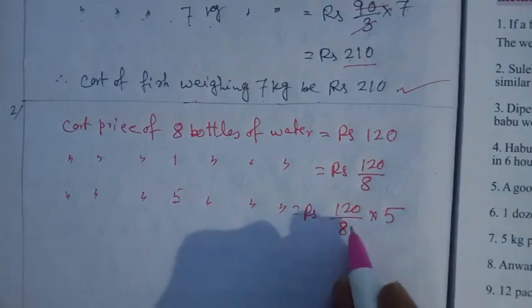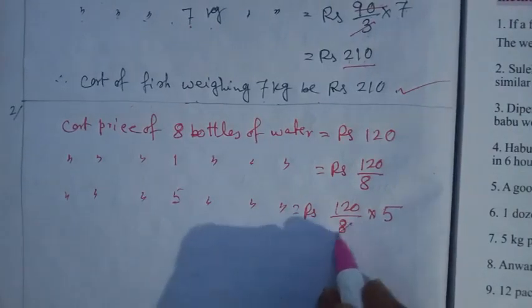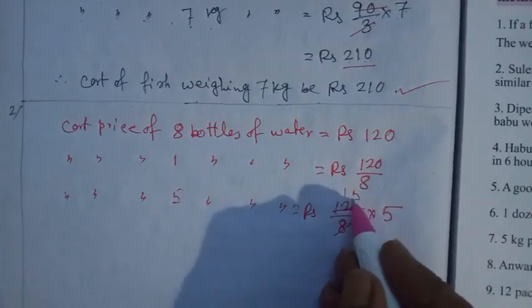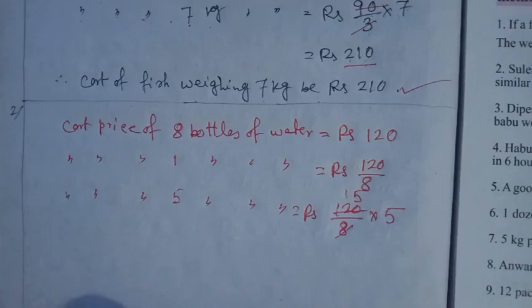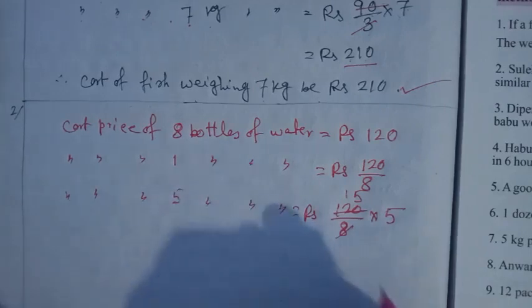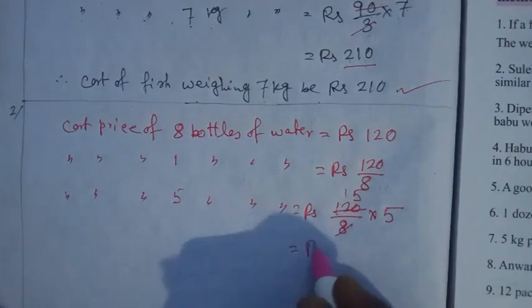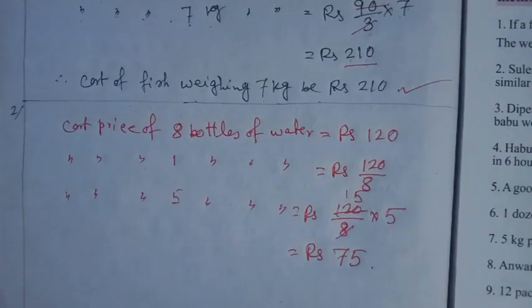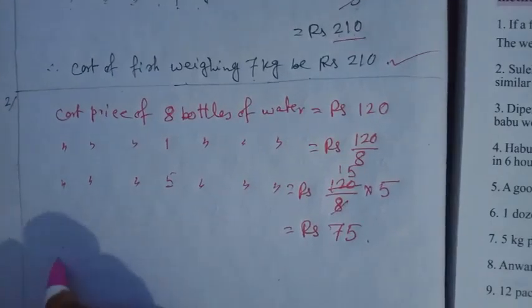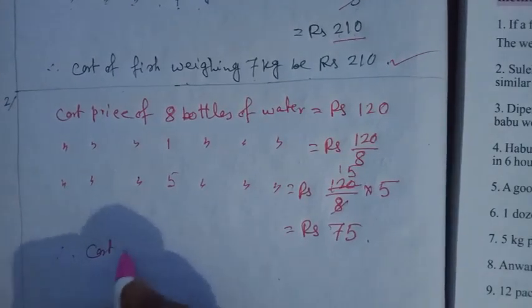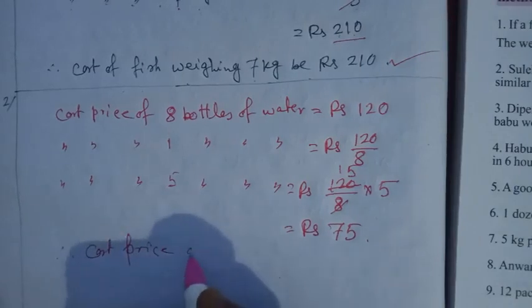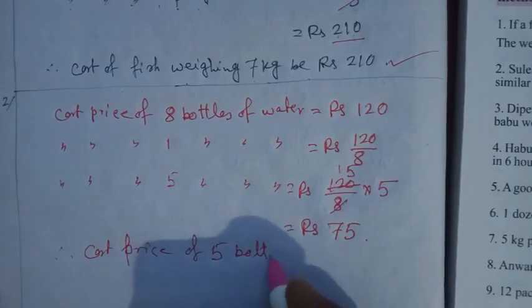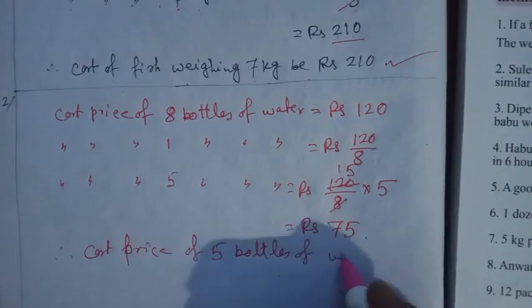Now 8 and 120, if we divide this, 8 ones are 8, 4, 0, 40, that means 5, that means 15, 8 15s are 120. Now 15 into 5, how much? 15 into 5 is 75. So cost price of 5 bottles of water